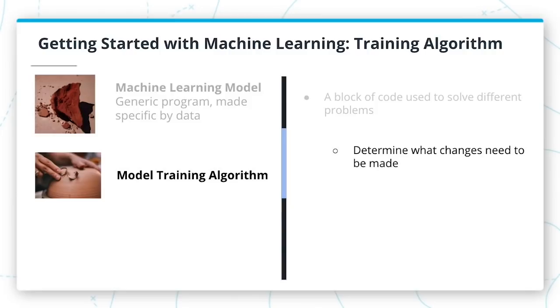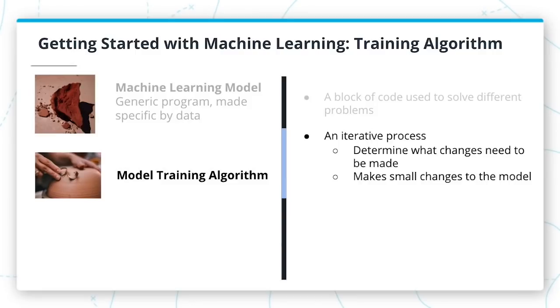Similarly, a model training algorithm uses the model to process data and then compares the results against a goal. In this step, we determine what changes need to be made to get to that goal. Now you shape the clay to make it look more like the teapot you have in mind. Similarly, a model training algorithm gently nudges specific parts in a direction that brings the model closer to achieving the goal. You keep doing these two steps repeatedly.